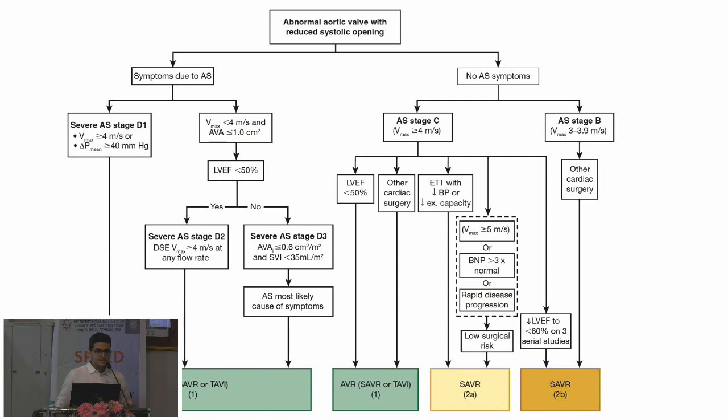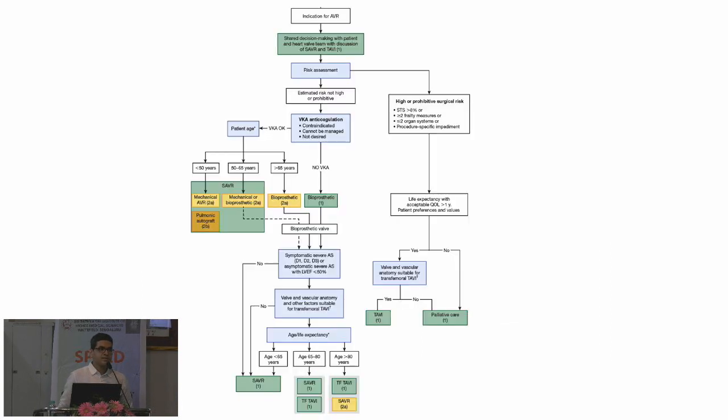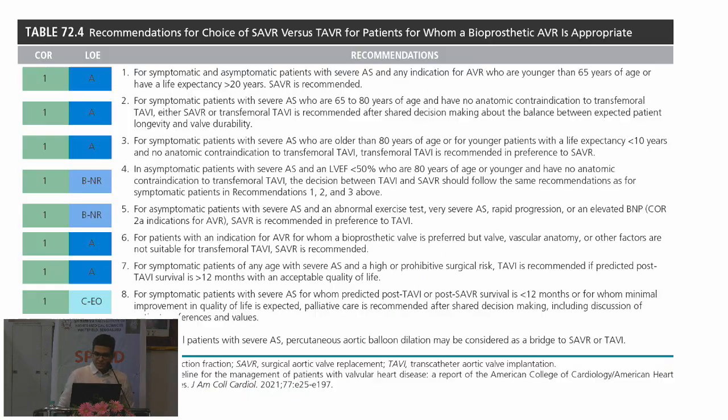So this is the same thing again. This is also from Robert. Anyone who is a fit candidate for a metallic valve will never be subjected to a TAVR, whatever the end function. More than 65 is again the caveat. So between the age of 65 to 80, they say it's a shared heart team approach, where it's a decision between the doctor and the heart team. Age more than 80, they are class 1 for TAVR, and for surgery they are class 2B, which is the same thing. That's all I wanted to discuss.